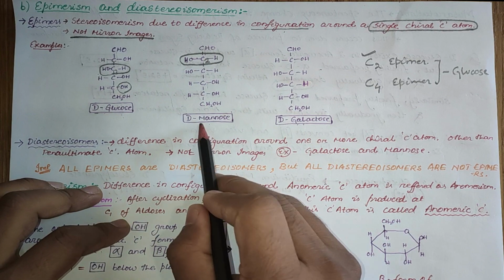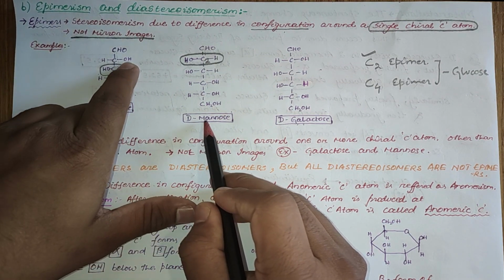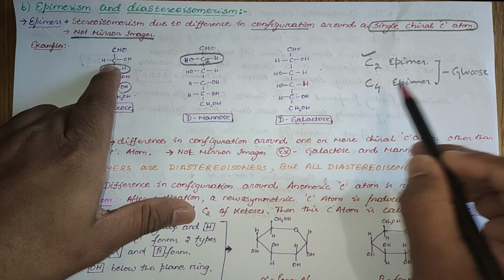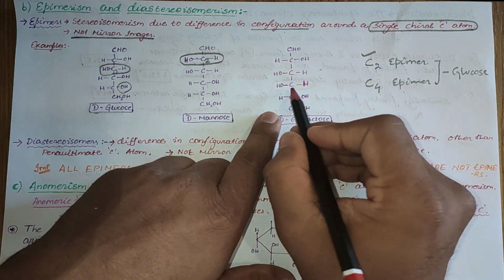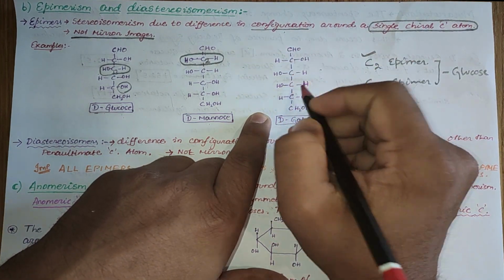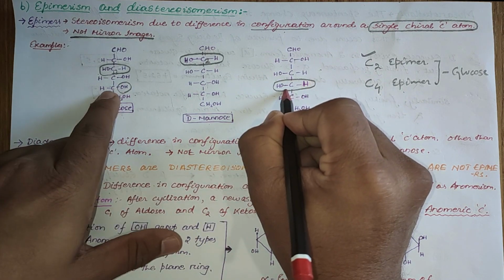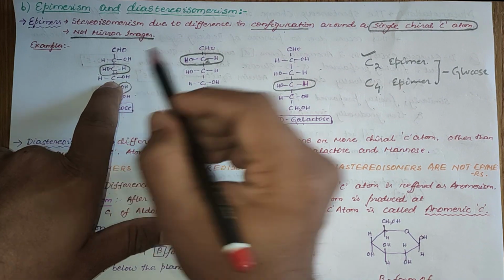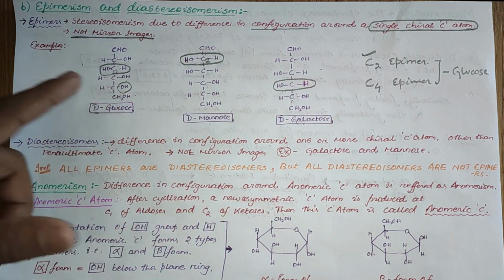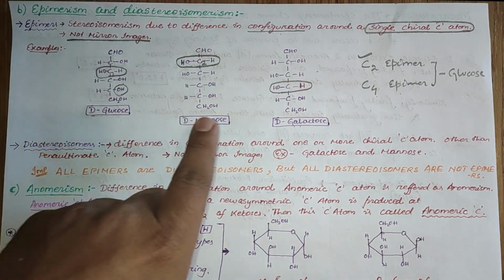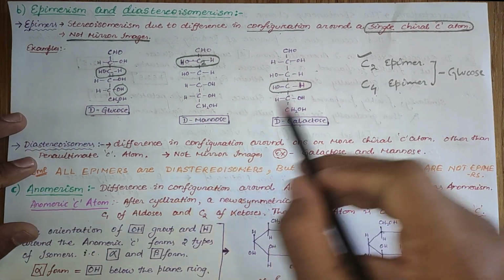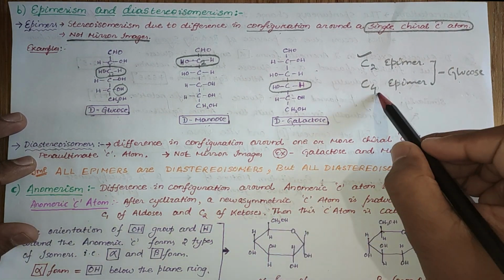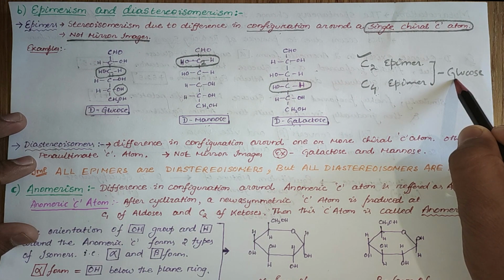So it is the structure of mannose, in which you can see the difference around this chiral carbon atom C2, and the C4 epimer of glucose is galactose. Here is the change, you can mark here C1, C2, C3 and C4. OH is here on the right side and OH is here on the left side. So you can remember the structure of glucose, mannose and galactose. How? Mannose is the C2 epimer of glucose and D-galactose is the C4 epimer of D-glucose.